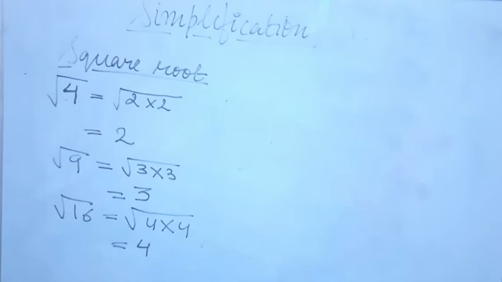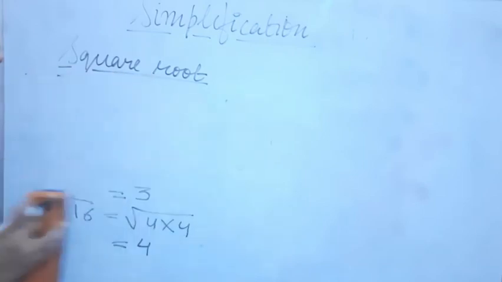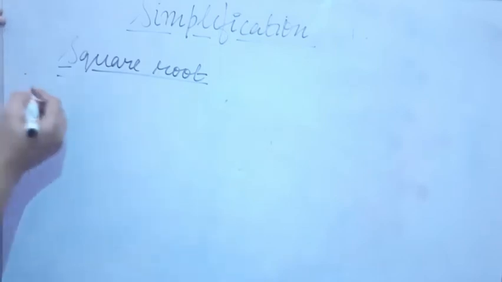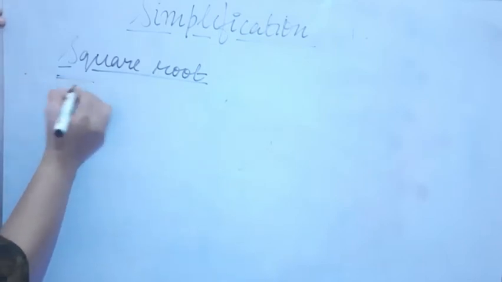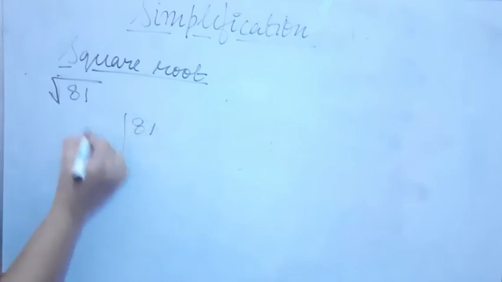And you have to take care that while taking out the LCM, the numbers by which you are taking the LCM should be prime numbers. Then only you will be able to find out the product of its primes. Now taking some examples. For example, you have to obtain the square root of 81. 81 is the square of what? We don't know that. So for that we have to take the LCM of 81.